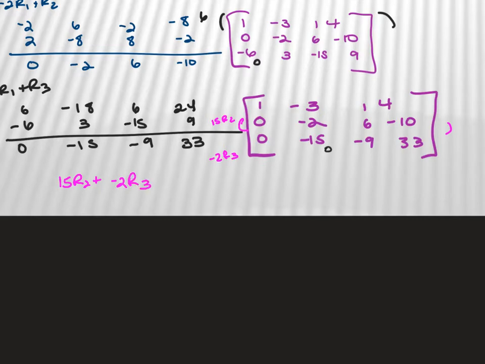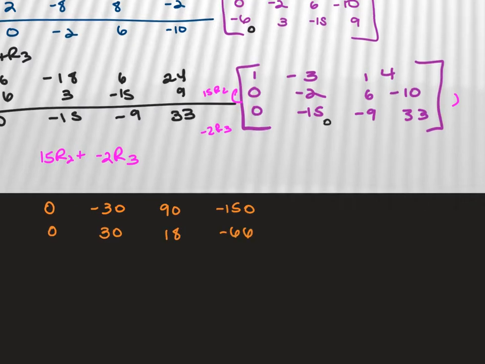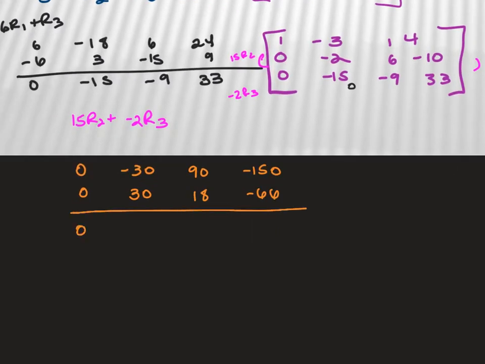So I'm going to have to multiply the second row by 15. 0, negative 30, 90, negative 150. You could also simplify rows too. Sure. I'm going to show you both ways, though, because it's not always going to work. Okay. So then I'm going to do the last row, 0, and then negative 2 times 15 is 30, and then negative 2 times 9 is 18, and then negative 2 times 33 is negative 66. God bless you. And I get 0, 0, 108,